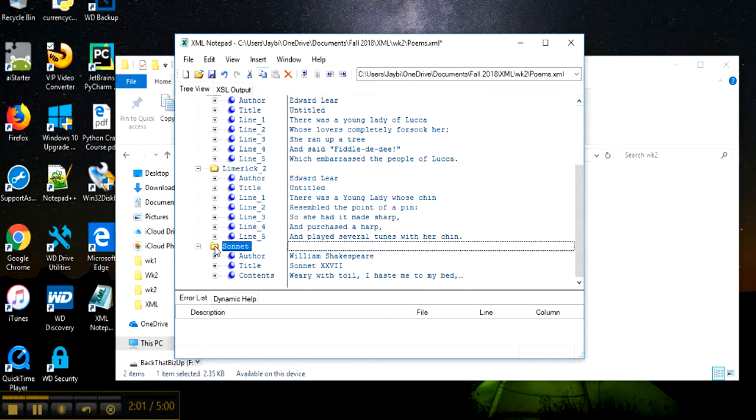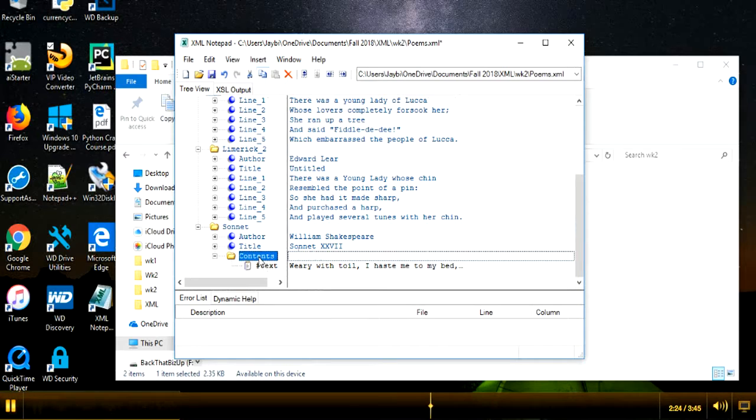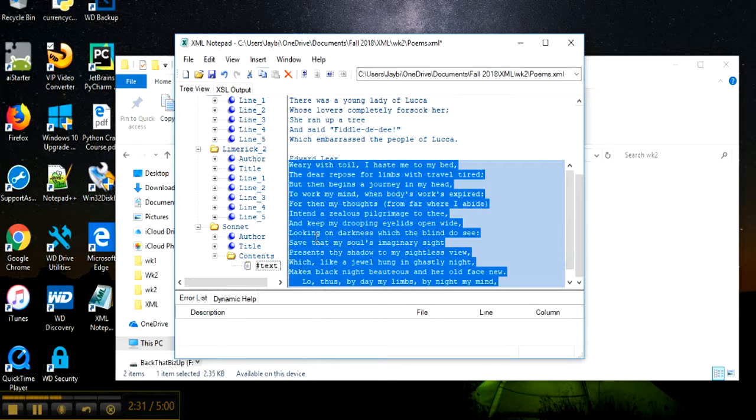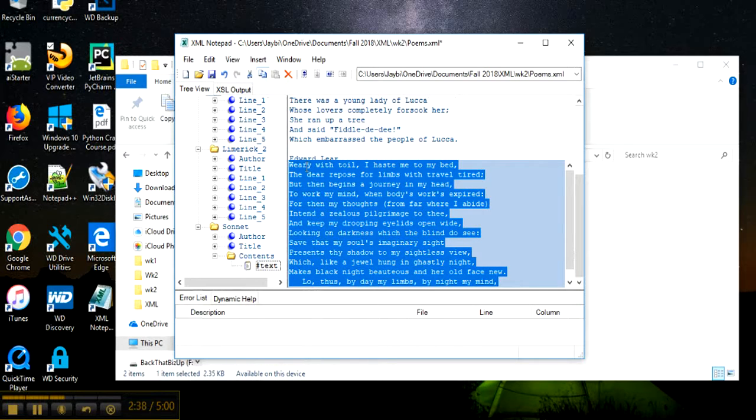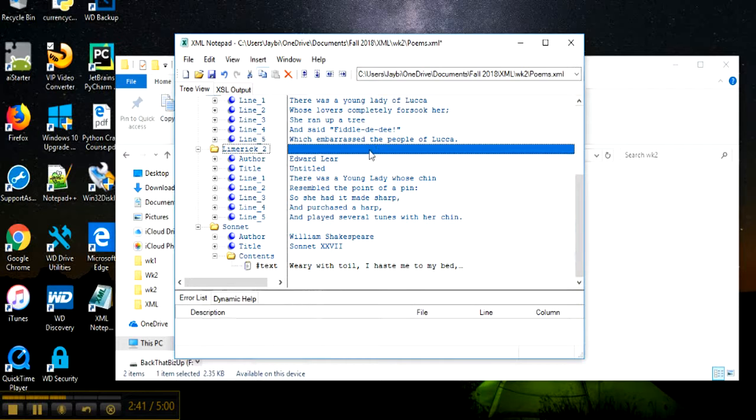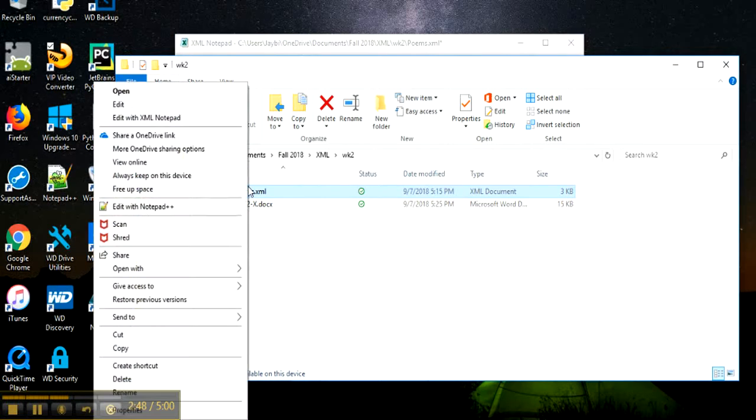And the last poem that was added was a Shakespearean sonnet. So we have, again, child element sonnet, and then we have these sub-elements, author, William Shakespeare, title, sonnet 27, and then instead of stanzas or lines, I did contents as the element here. And again, we have the text that corresponds with that sonnet. So now that we've seen what the tree looks like, let's open the actual file